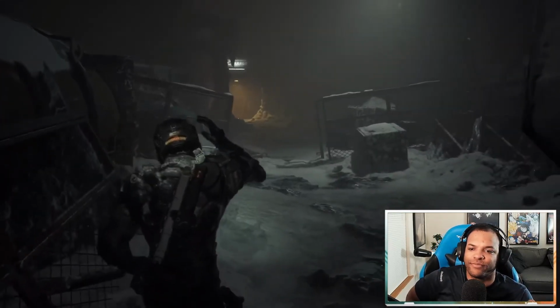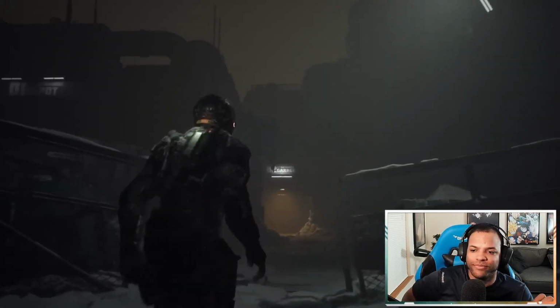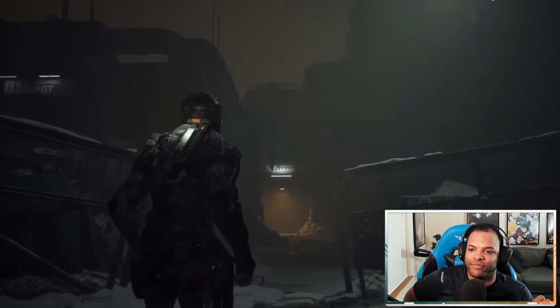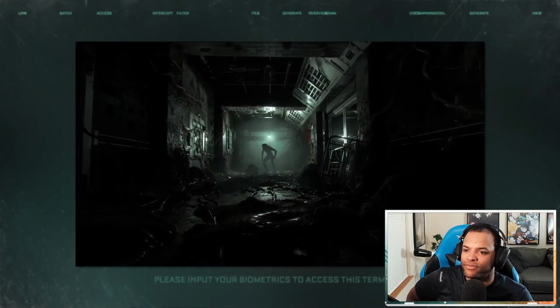Each space should make you feel a certain type of way. So going along with, okay, how do we make the player feel isolated? Well, that's going to be a totally different kind of feel. It's going to be made out of different material. It's going to sound different when you walk around it. Or how do we make the player feel trapped? That's going to be another kind of environment. So it's going off of what we know and then making it fit into that world and how we want the player to feel in that moment.